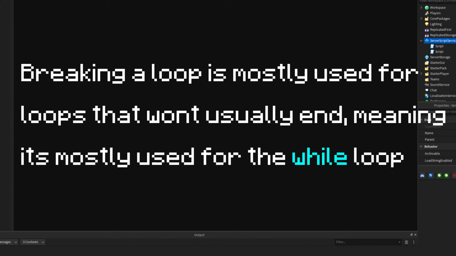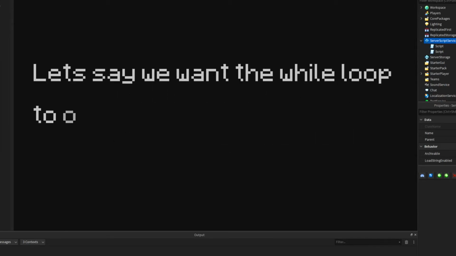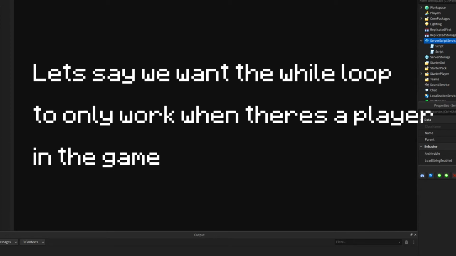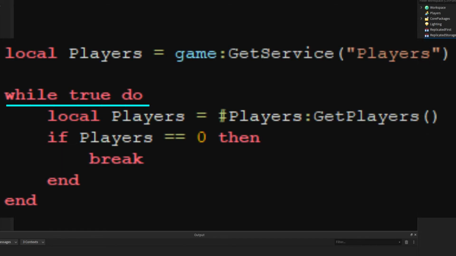Breaking a loop is mostly used for loops that won't usually end, which means it's mostly only used for the while loop. Let's see how we can break the while loop. Let's say we want the while loop to only work if there is a person in-game, and if there isn't, we can break the loop. We can do this by first creating a while loop, and then checking the amount of people in the game through